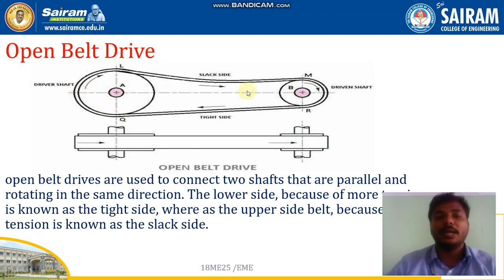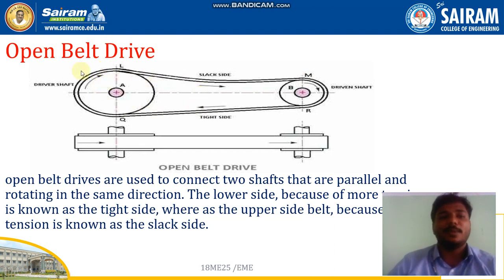Both are connected with the belt. The power transmitted from the mains to one shaft is transmitted to the other shaft, called the driven shaft, through this open belt drive. You can see the outer part is the belt drive, connecting the driver shaft and the driven shaft, which are connected to an engine or to vehicles. Majorly, this type of application can be seen in flour mills. The open belt drive is used in flour mills.